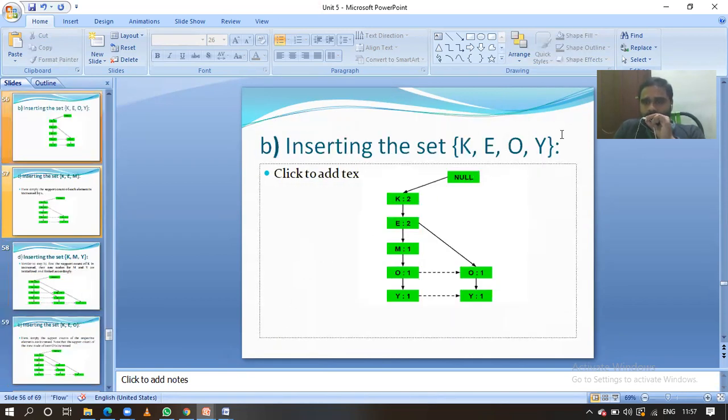Okay, KEOY. Initially null is there. K is there, which means we have to increment the support, and E is there, so we are going to increment this support. After that we have O, guys. There is no branch for O, so we are going to initialize a new node, that is O, and place its support also. After that Y. After O there is no Y, so here we are going to place a new node and initialize that one to 1, guys. Why? Because it came only once.